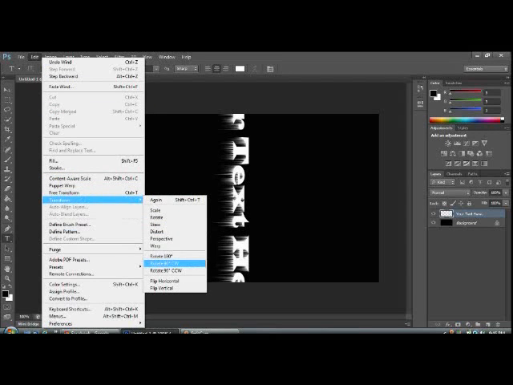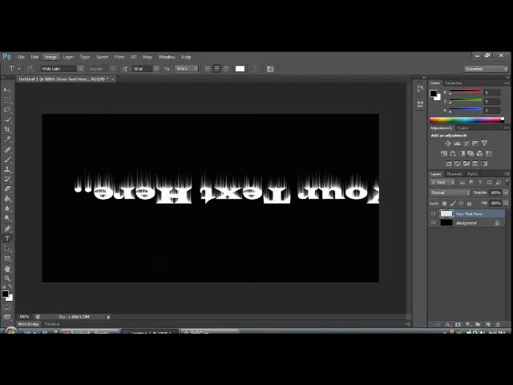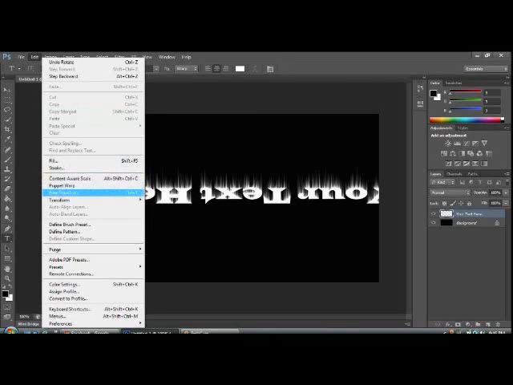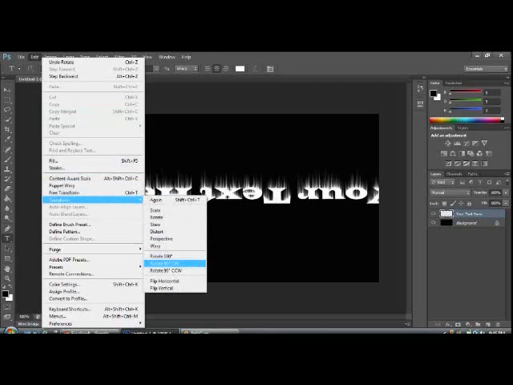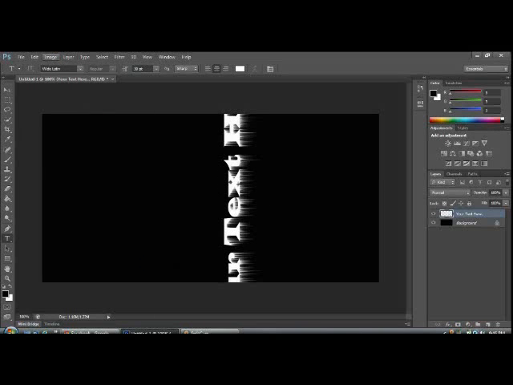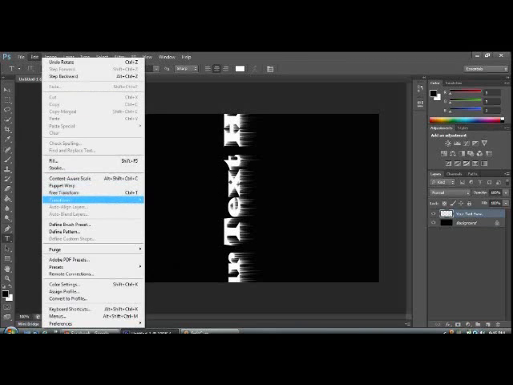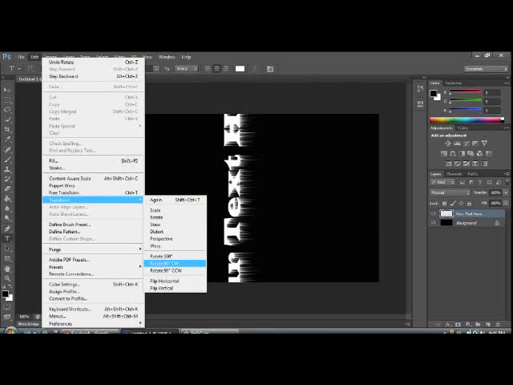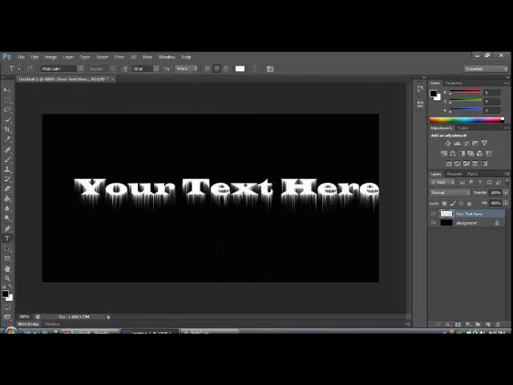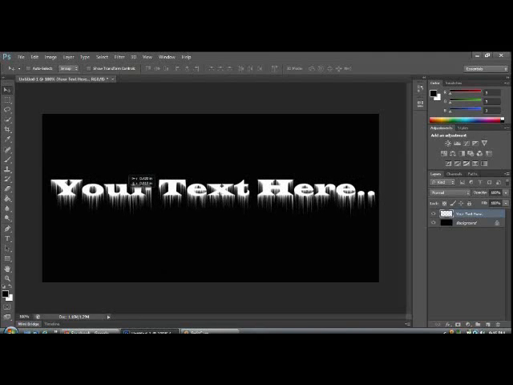So back in the original text, rotate it again to your desired position of your text. Here you go. Then position it, arrange its position there. Perfect.